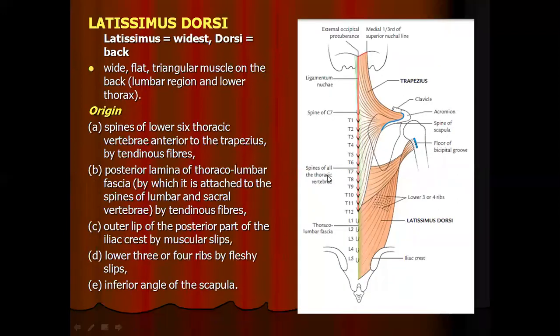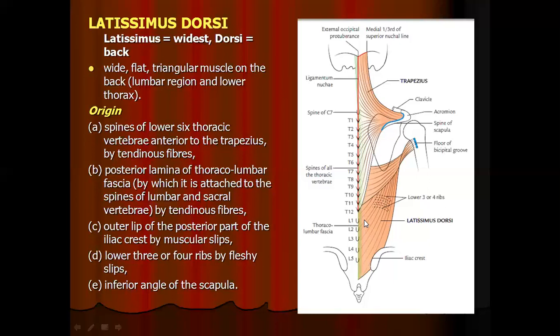Okay. Now after this, we are going to the next biggest muscle that we see in the back. Of course, we have seen this muscle, that is latissimus dorsi, a wide flat triangular muscle on the back. Now origin is spines of the lower six thoracic vertebrae, T7 to T12, and also anterior to the trapezius by tendinous fibers, as you can see. Then posterior lamina of the thoracolumbar fascia, by which it is attached to the spines of lumbar and sacral vertebrae